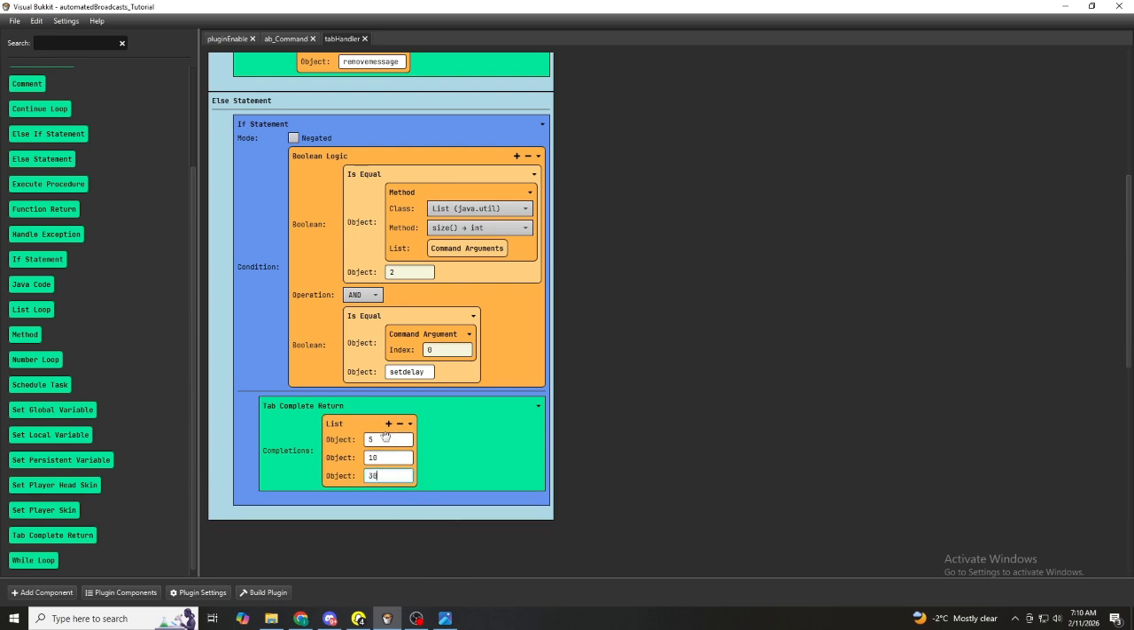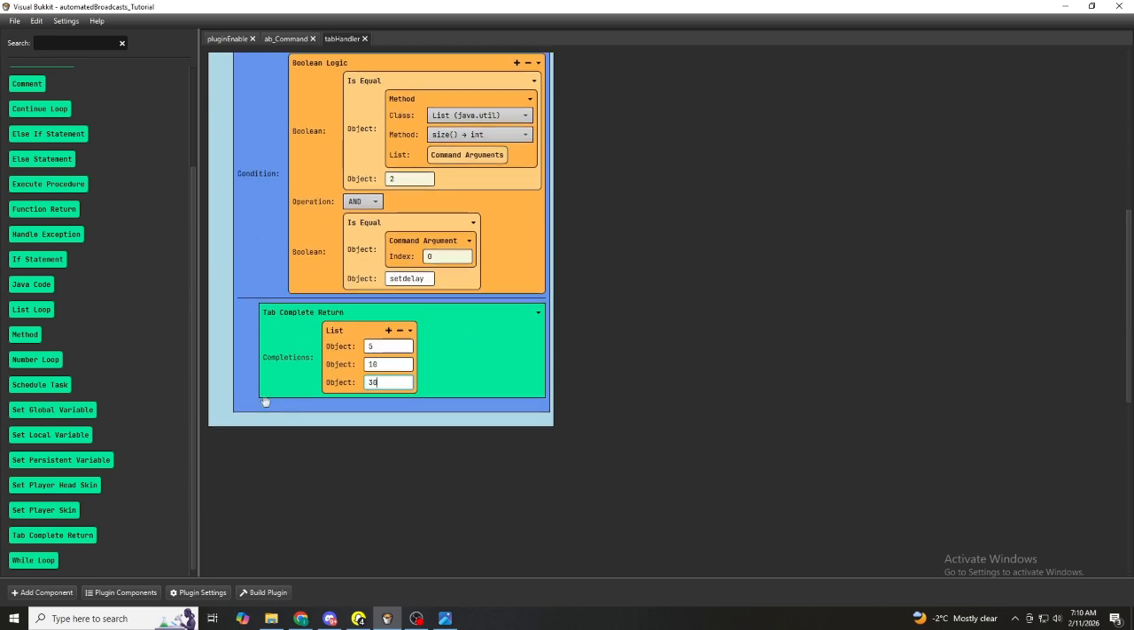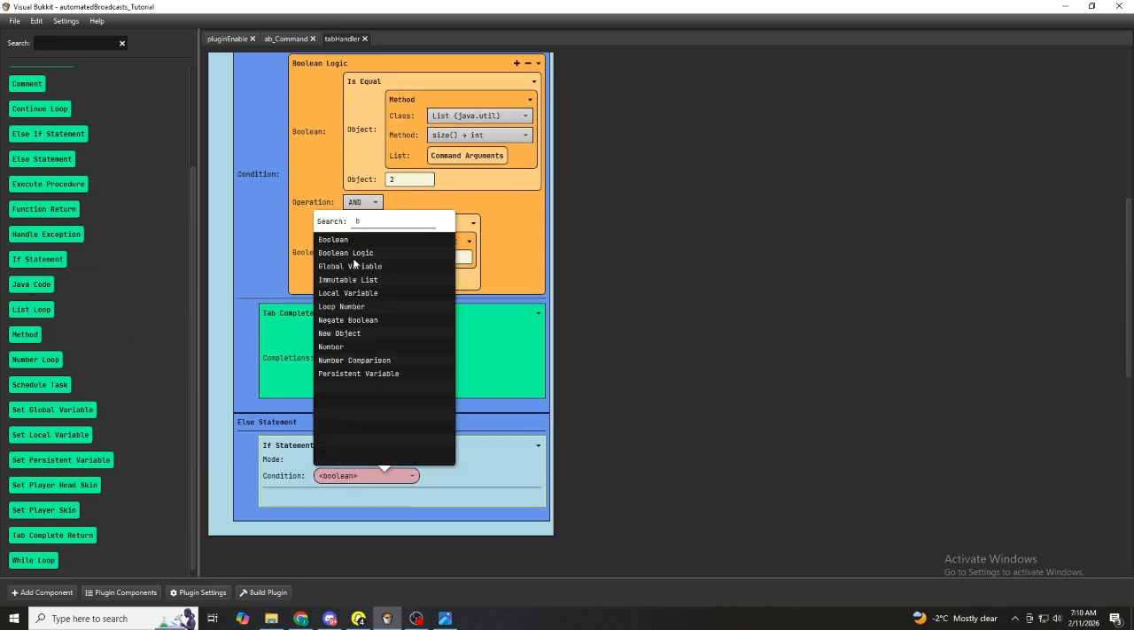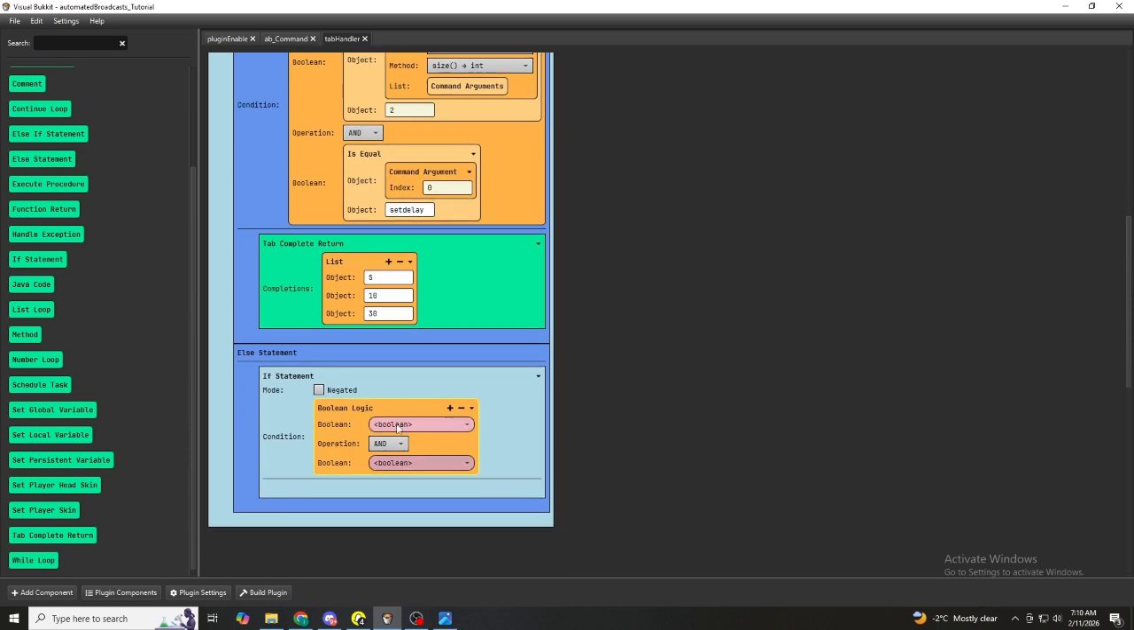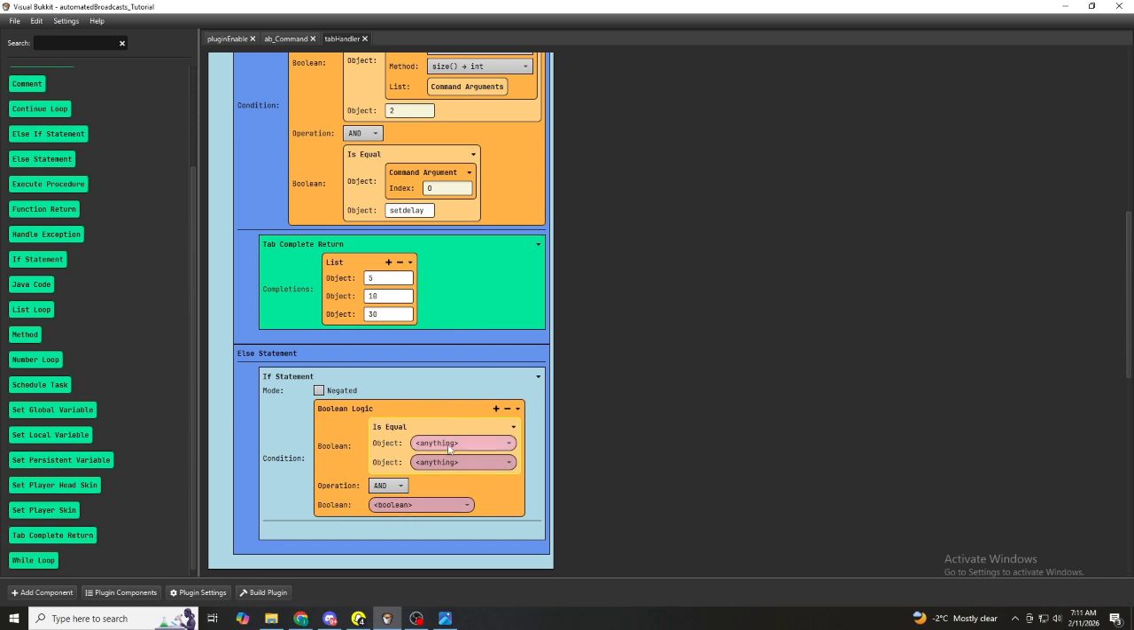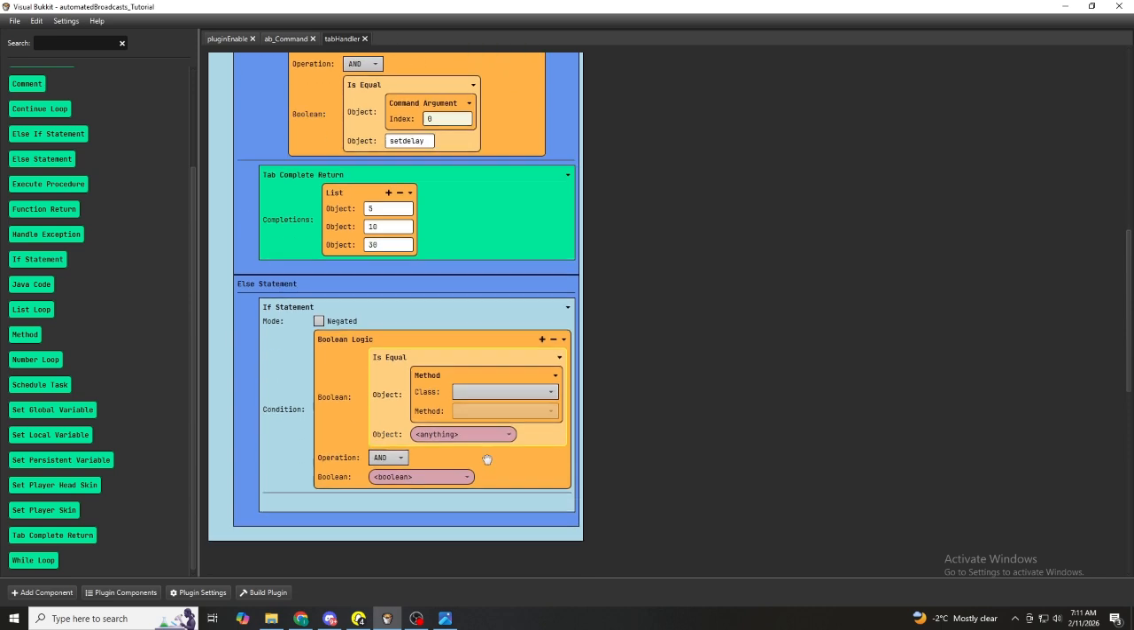But you can write any number. These are just options. And then let's write another else statement. So else, and we are going to write an if statement, another Boolean logic, and is equal. And let's insert a method here that says